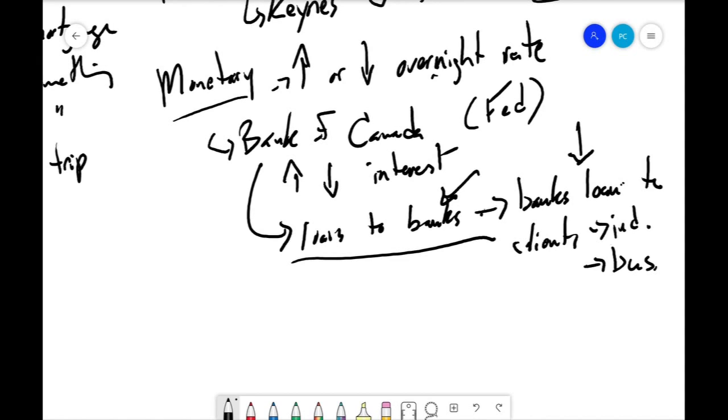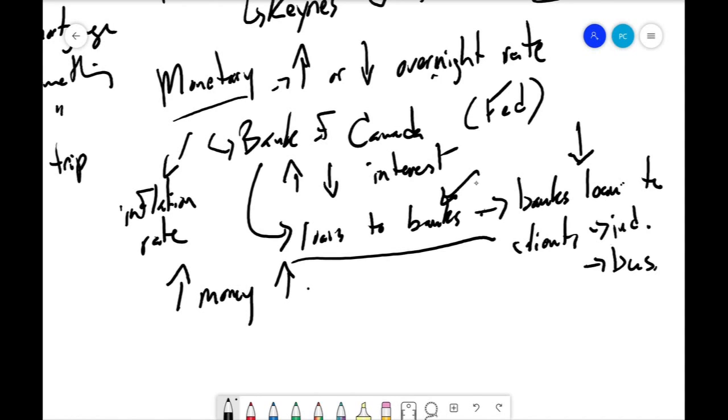If you want people to spend money, the other thing that comes into play here is the inflation rate, and this is one of the big things that they use to control the inflation rate. If you increase the money in the economy, you're increasing the inflation rate, right? If you decrease money, you decrease the inflation rate, right? So the cheaper money is, the more it is available, the more people are going to spend, the more inflation jumps up.